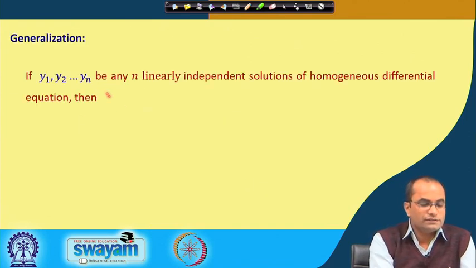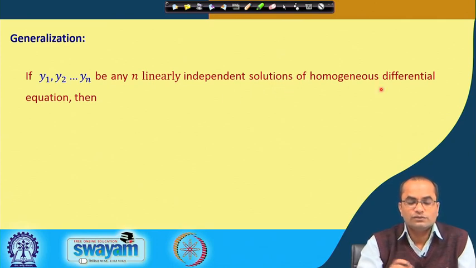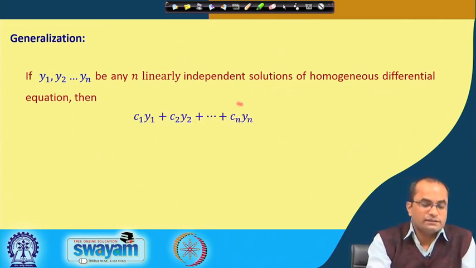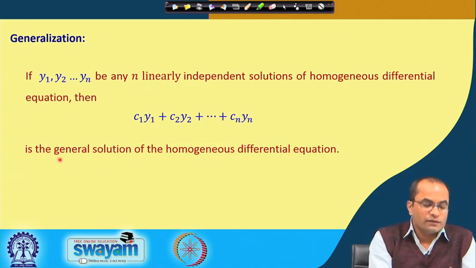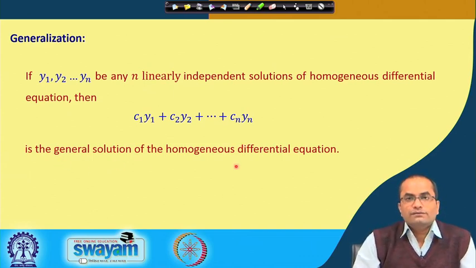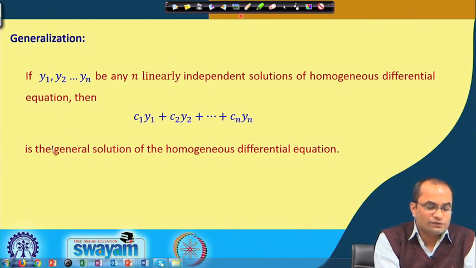So, here is the generalization: y1, y2, y3, ... be n linearly independent solutions of the homogeneous differential equation, and in that case c1 y1 plus c2 y2 and so on up to cn yn will also be a solution of the given differential equation, and not only a solution, we have used now this term, the general solution